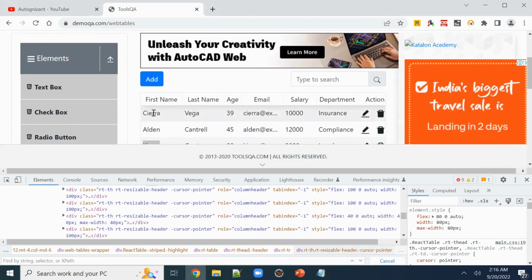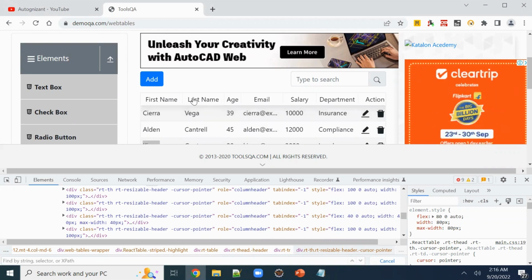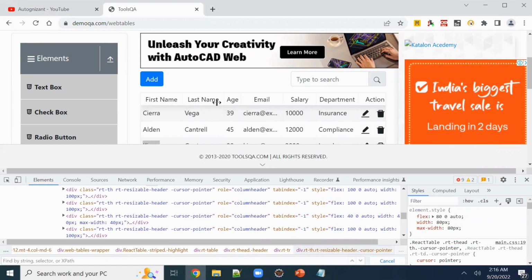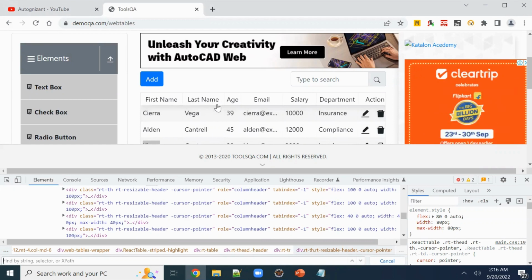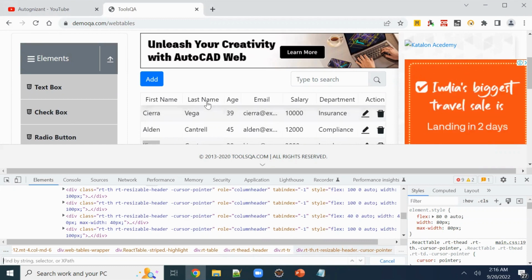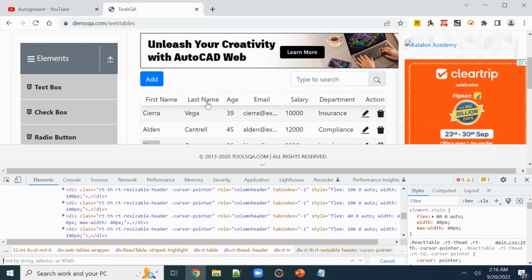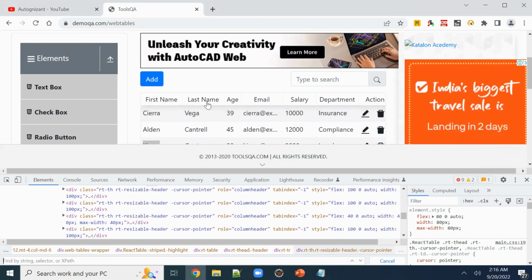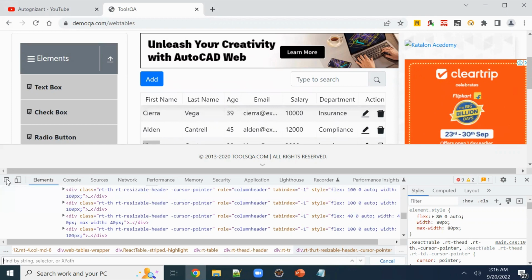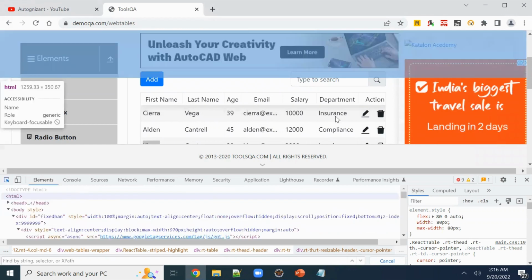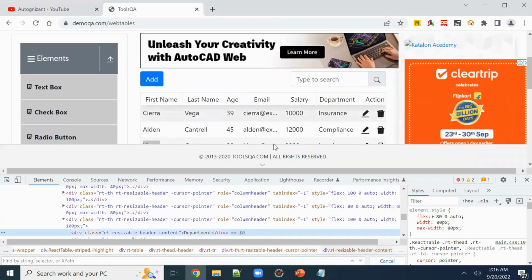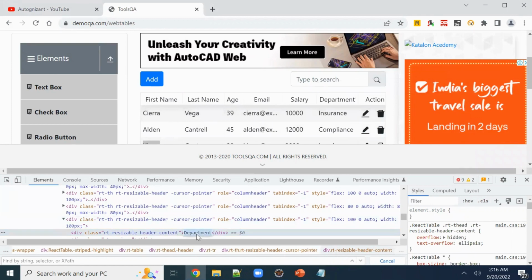So what I need to do is find out the column number for each column based on its column header, right? So what I mean by this is, let's figure out the column number for department, right? So I'm going to use department text